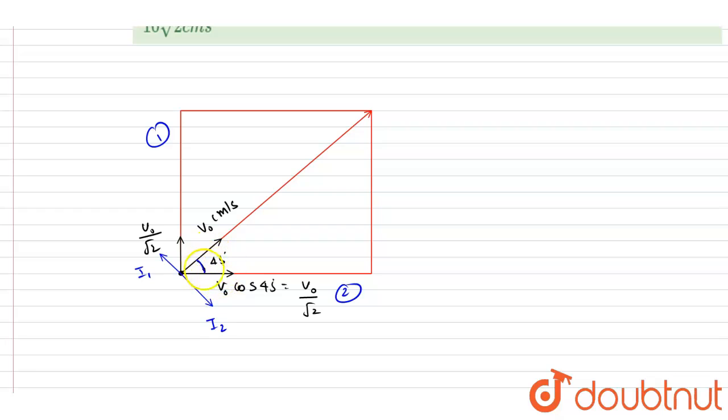But what velocity will we see? We will only see that the image is moving with v0 by root 2 along this side, and the image is moving with velocity v0 by root 2 along this side, right? Like this. And from the top you will see that the image is moving with velocity v0 centimeter per second. So let me write down the speed of image by the ceiling.